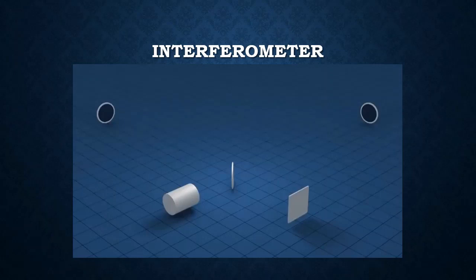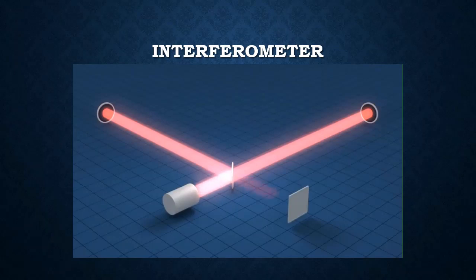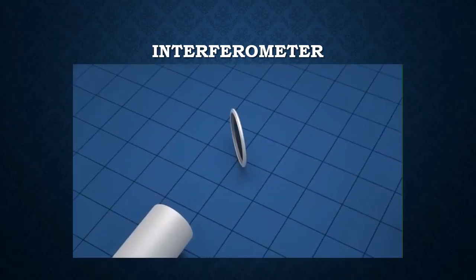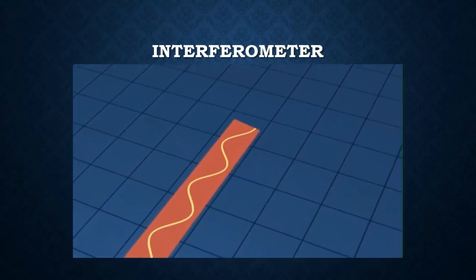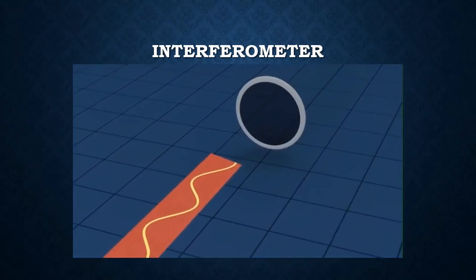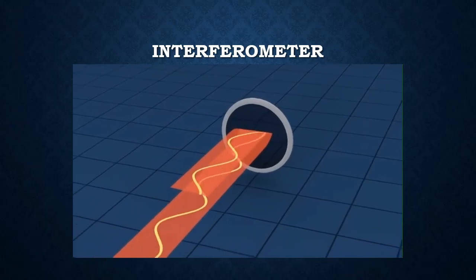So let us see the working principle of the interferometer. Here laser light is passed into a single plate. It is nothing but a beam splitter. The laser light is passed to the beam splitter, so it transmits 50% of light and reflects 50% of light,